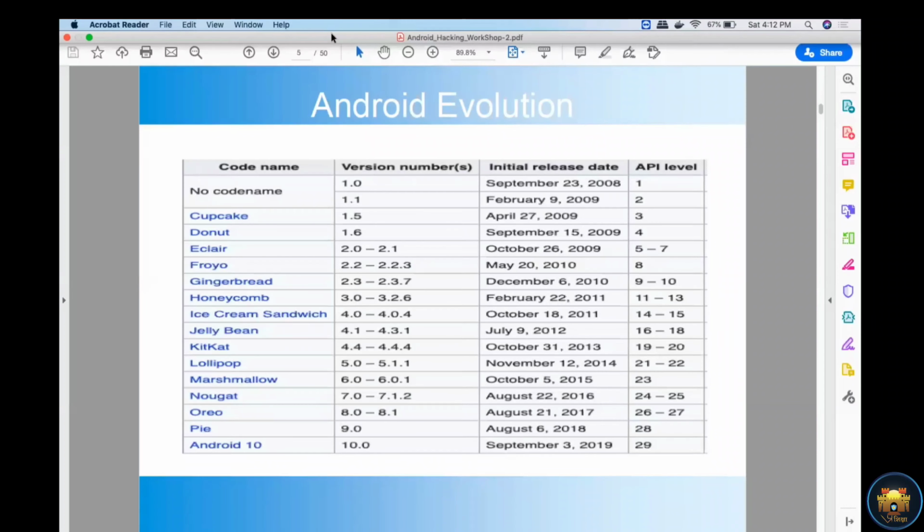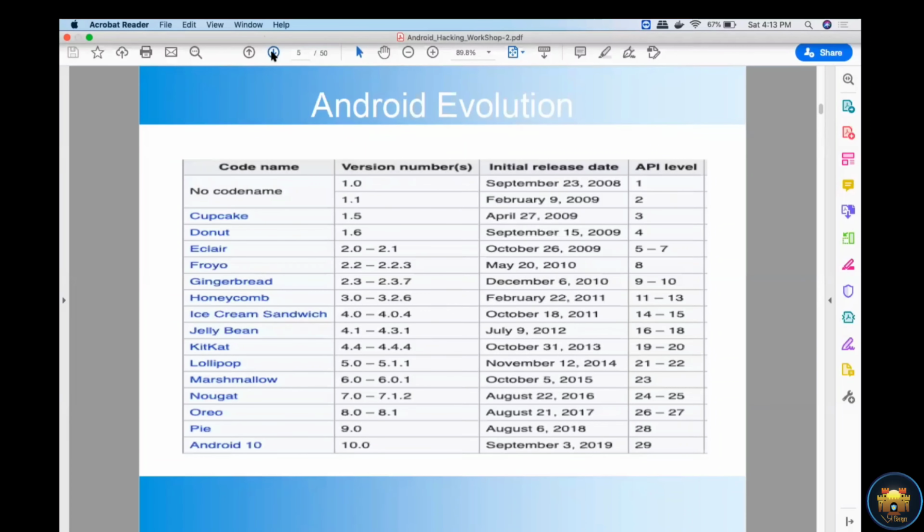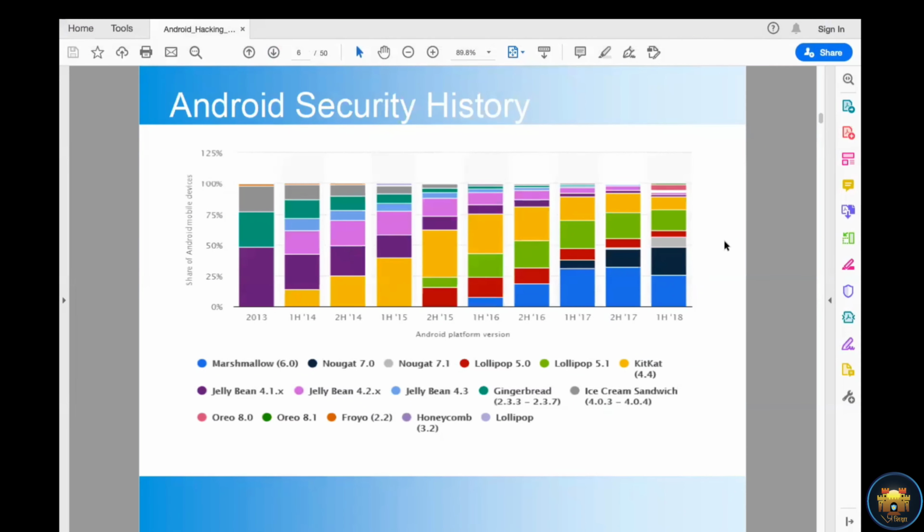Currently Android 10 is running, launched last year on September 3rd, 2019, and it supports API up to 29. During this evolution, there were many changes in Android OS as well as in security. You can see on the next slide what changes have been made.